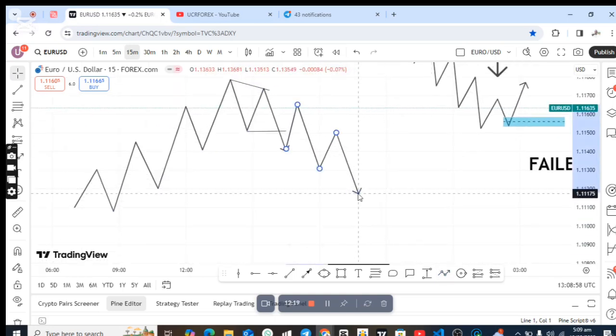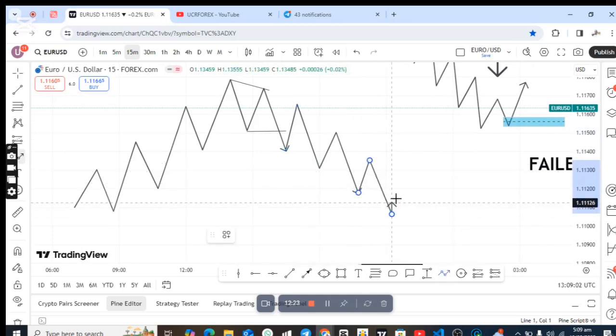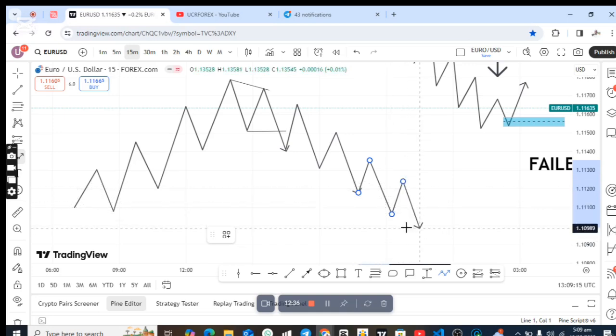So let's say that price keeps on dropping to the downside like this, keeps printing a series of highs and a series of lows. This time around, pay very close attention to how this thing keeps forming when it's in a downtrend market. The moment price prints a new high, we are expecting a new low that is going to take out the very previous low. Then the moment price came and was unable to take out this low,